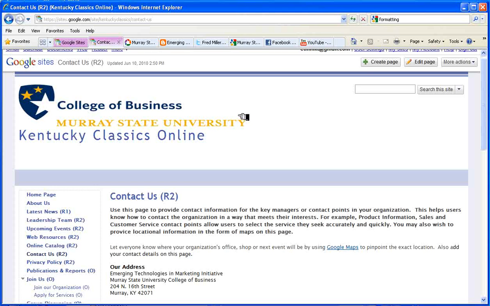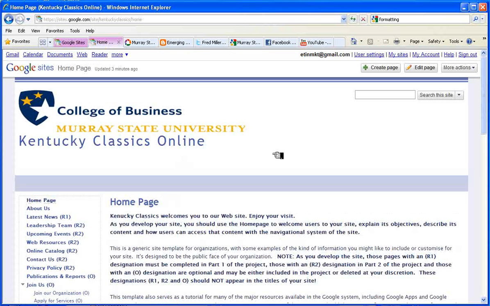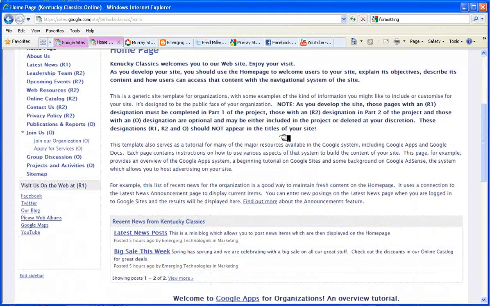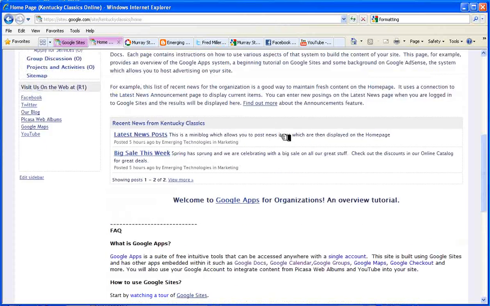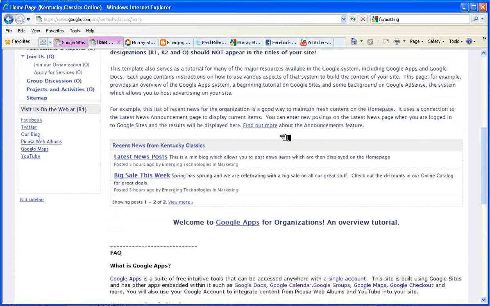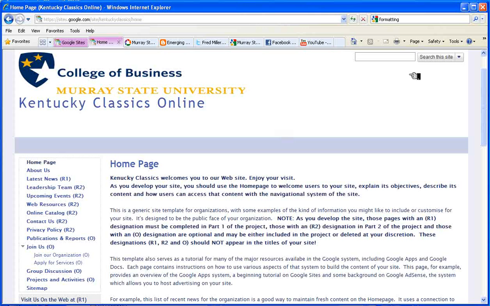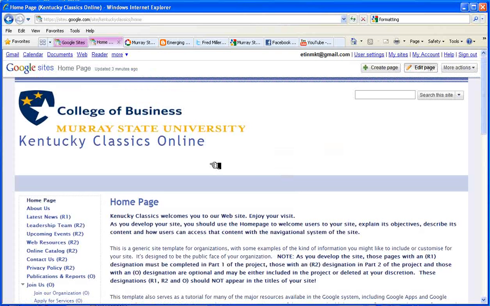It's also possible to pull in a wide variety of content using gadgets. And a gadget is a mechanism for tying your Google website to some other kind of content or application somewhere else. So we're going to go back to the home page, and I want to show you a couple of applications here. And so let's edit this page